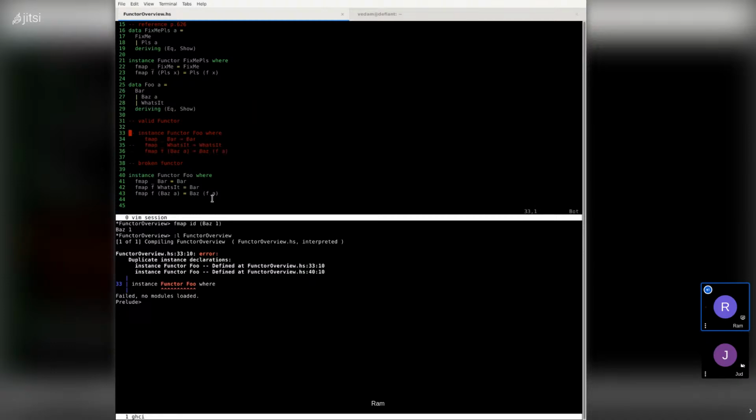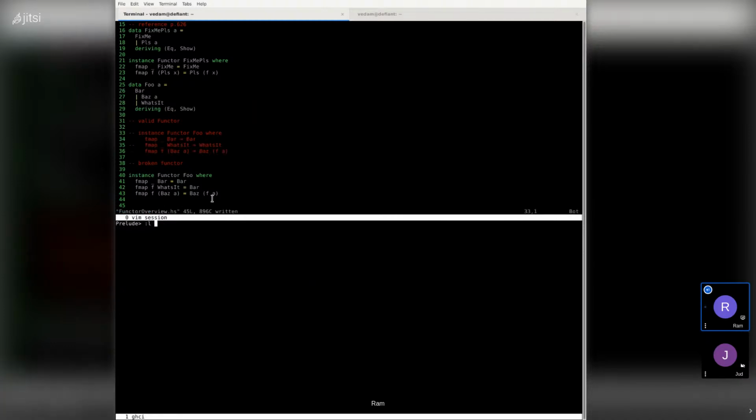As we're defining the same type instance, I forgot that's one of the rules that we can't violate, and that is a functor. Every type class can only have one unique instance. I've got to score one for the type checker there, but in this case, with this broken functor, this will actually load. But we call fmap id